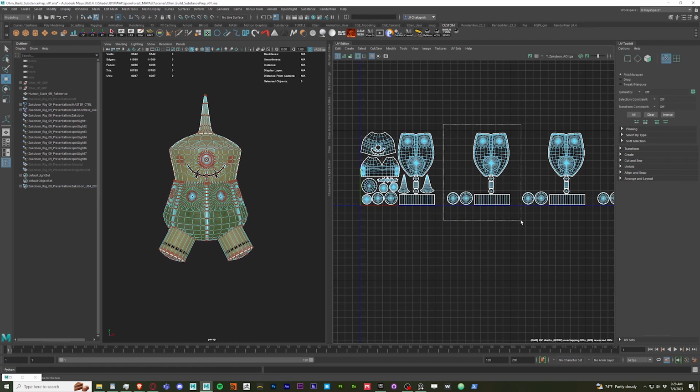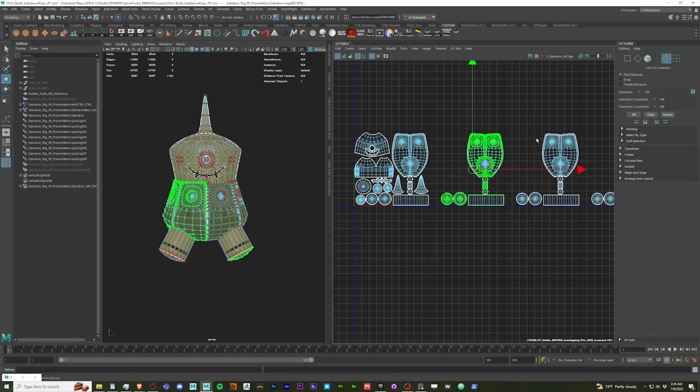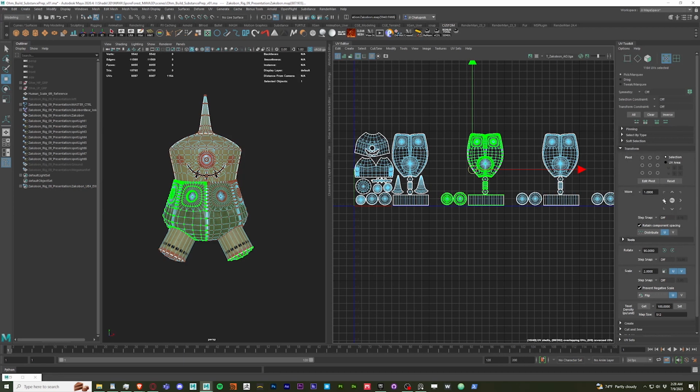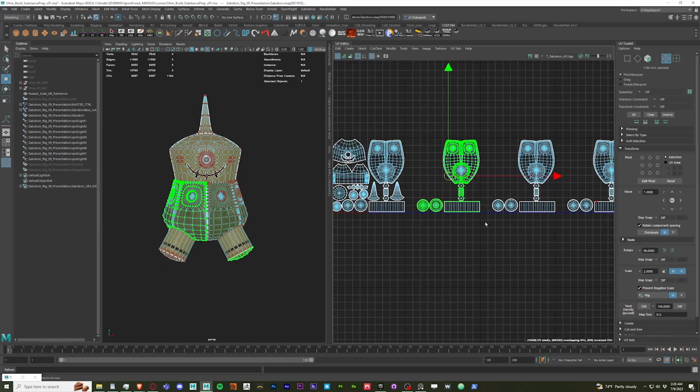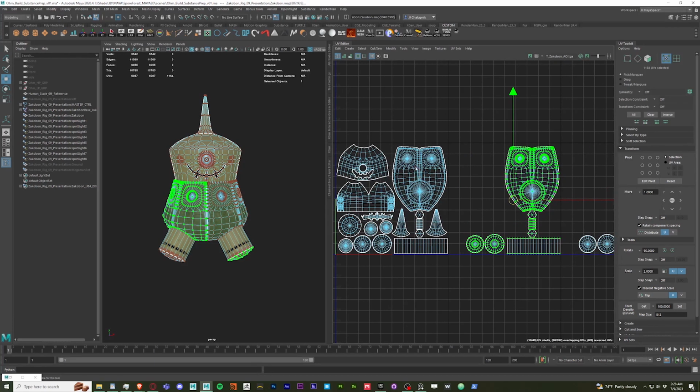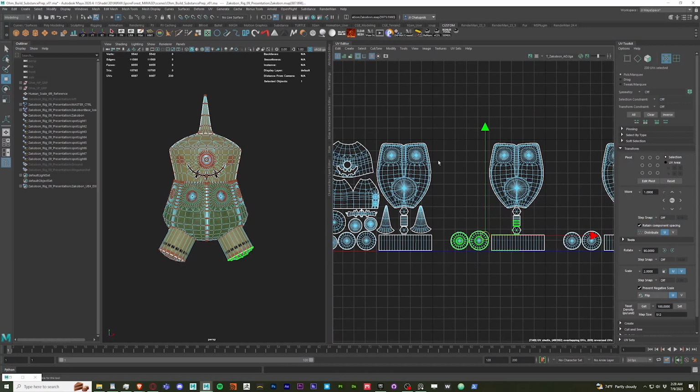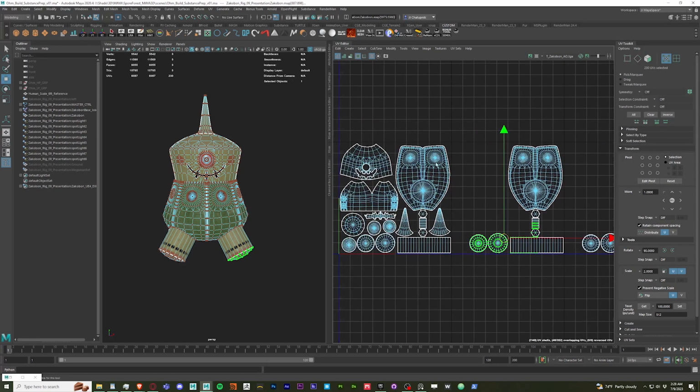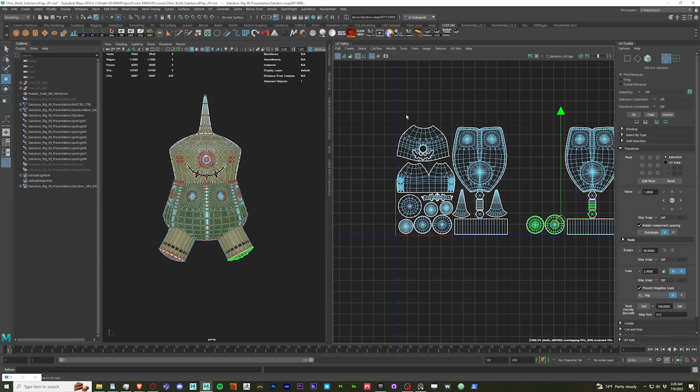So if I were to take this just as a demonstration and take all these UVs and transform them over, you can see they actually perfectly align up with the one beneath it, and it's the same for all of these. And so by doing it this way, whatever texture appears over these duplicated objects, they will be identical on all of them. But by doing it this way, I can actually paint on this without worrying about the texture affecting the later downstream